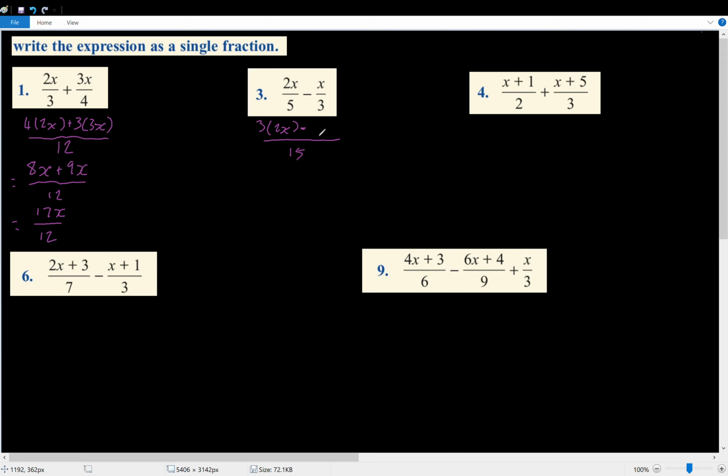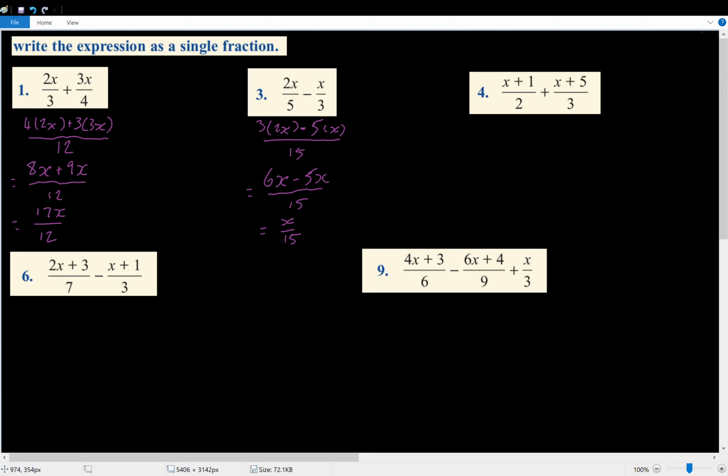And 15 divided by 3 is 5, so multiply 5 by the number on top, so that's 5 by x. So we're going to get 6x minus 5x all over 15. So we're just going to get x over 15